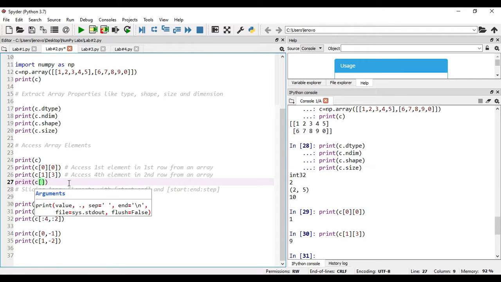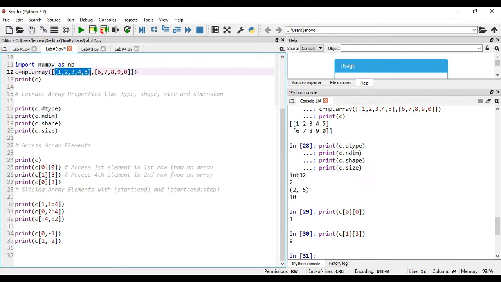What happens if I write C0 of 3? What it means is, in the 0th index dimension, this particular group of elements, I am trying to extract the element present at index 3.